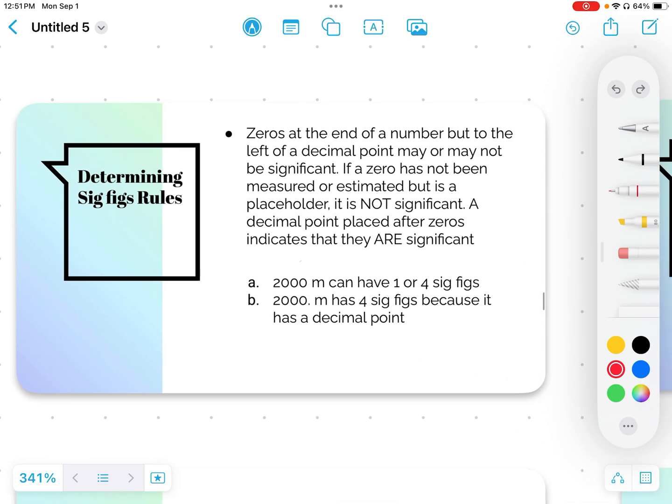Now, this is where it can get really tricky. So zeros at the end of a number, but to the left of a decimal point, may or may not be significant. If a zero has not been measured or estimated and is a placeholder, it is not significant. A decimal point placed after zeros indicates that they are significant. So again, those decimals make a huge difference. And so, for example, if we're looking at A, we have 2,000 meters. It can either be 1 or 4 sig figs, depending on what we're measuring and how many sig figs we need to go to. So let's say we have a measurement that was